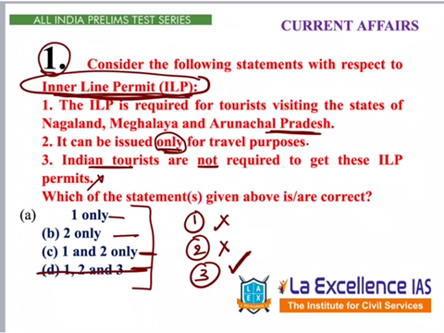Now we have the option between 1 and 2 only. Here, in most cases, whenever 3 or 4 states are given like this, in general they try to confuse us. For example, here Nagaland, Meghalaya and Arunachal Pradesh. But Nagaland, Mizoram and Arunachal Pradesh are there, not Meghalaya. So this is the factual information. Here they are trying to trick us. In most cases, whenever they give such factual information, they try to confuse us. So, let's eliminate this, and the answer is B, 2 only.